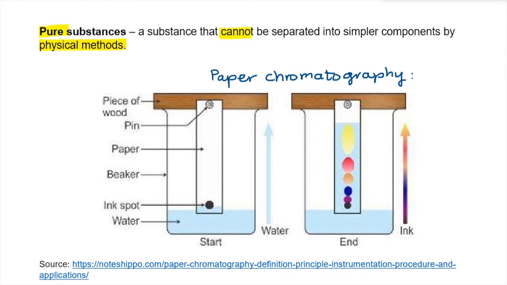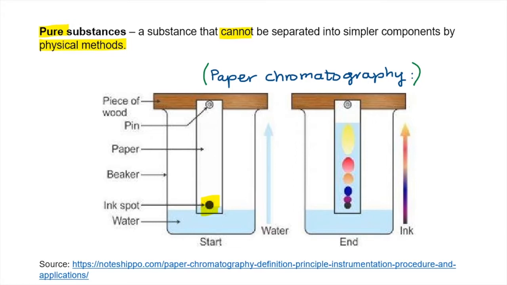There are many different methods that we can use to check if a substance is either a pure substance or a mixture. One of these methods is called paper chromatography. Using this method, we can clearly see that ink from a black marker or black Koki pen is actually not a pure substance. If we make a mark on the special paper that we use for paper chromatography, and then